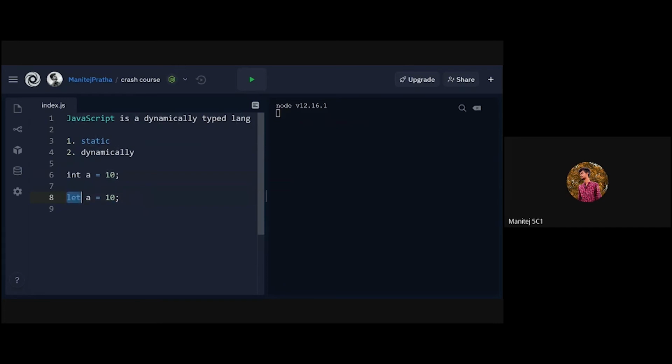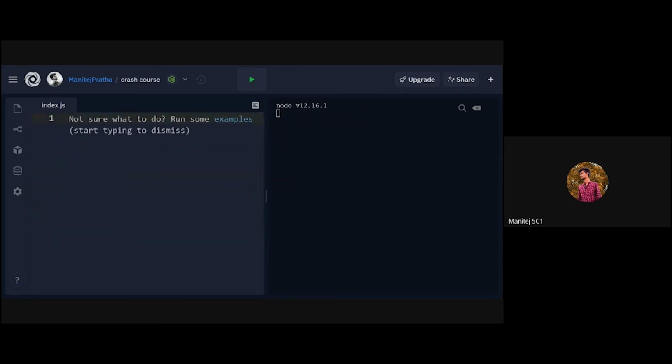Don't think let is a data type, guys. Let is simply a keyword used to create variables. There are data types in JavaScript which we will learn in the next part. So this is how JavaScript variable creation works. It is a dynamically typed language, which means you don't need to mention the data type of the variables. You can directly create them. So this is about creation and use of variables. Now let's see